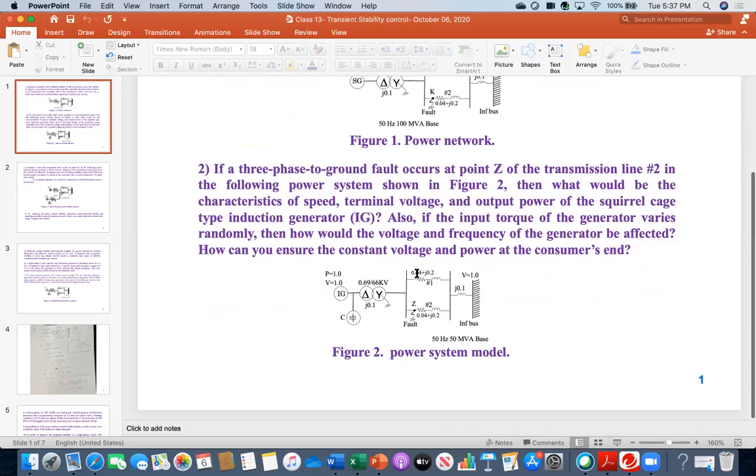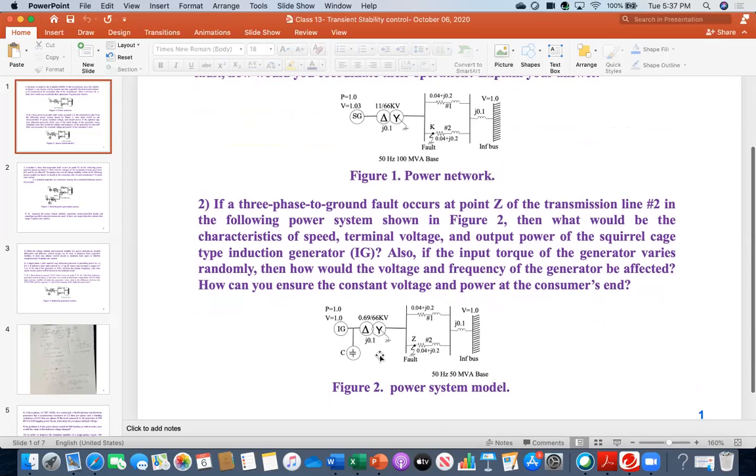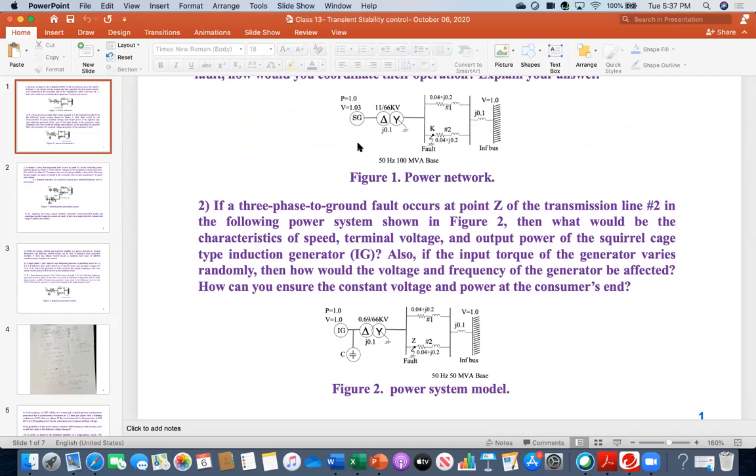Again, you see pretty much similar configuration, number 1 and number 2, but there is a difference. Here it was a synchronous generator in figure 1, but here I am putting an induction generator. And because I am putting an induction generator, you know that I need a capacitor at the terminal point. Okay, now the question is, if a